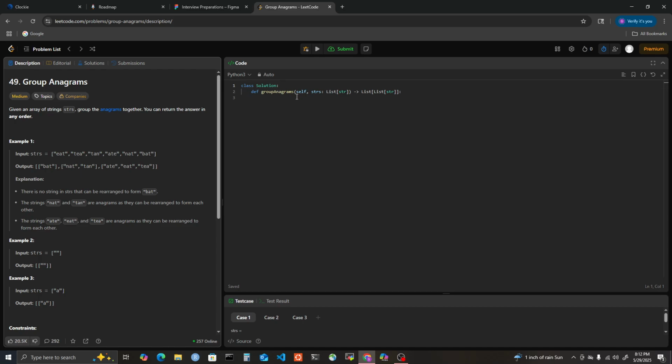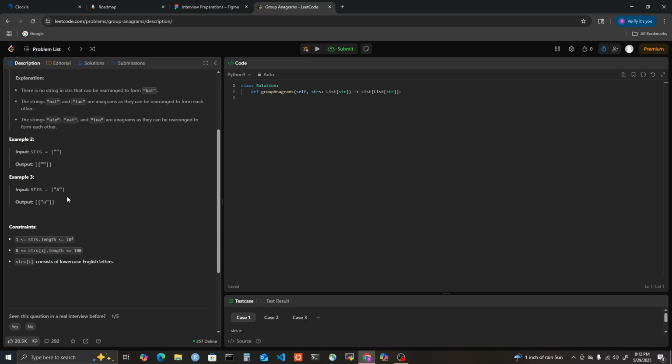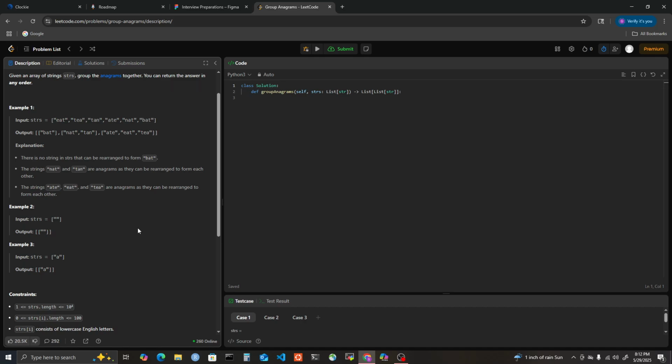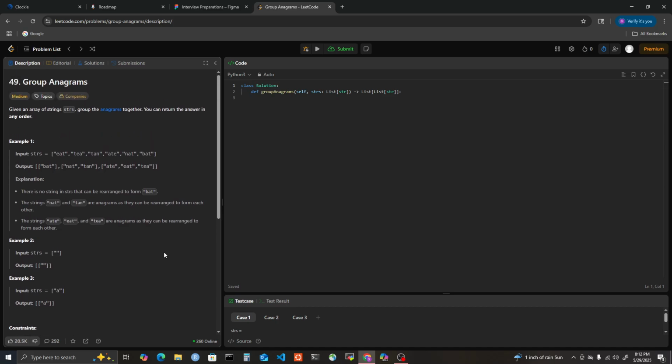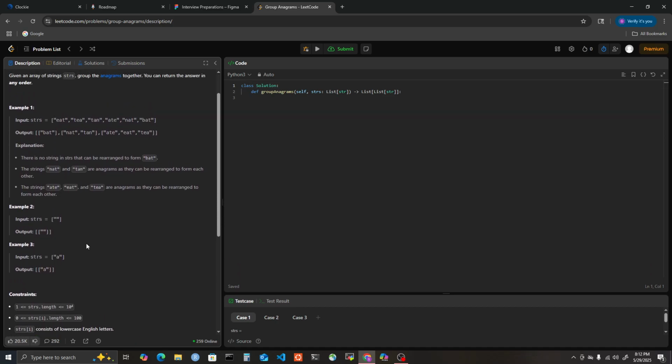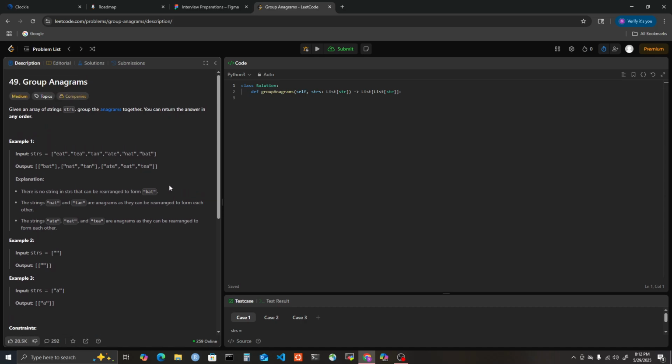Okay. Let's check the constraints. Like I said, I don't have to convert anything. Everything's already lowercase. So, the way I'm thinking about working this is,